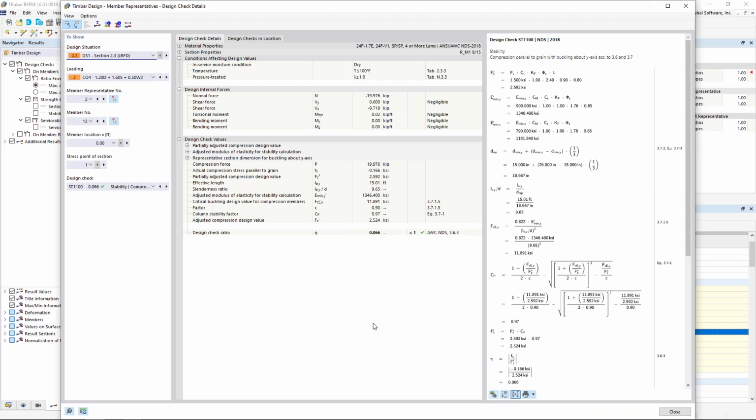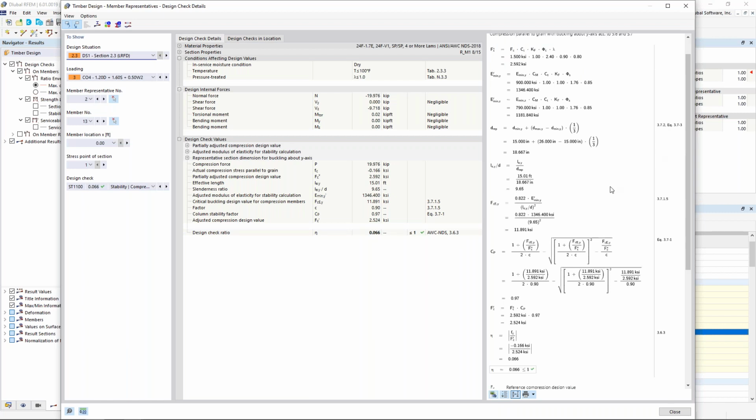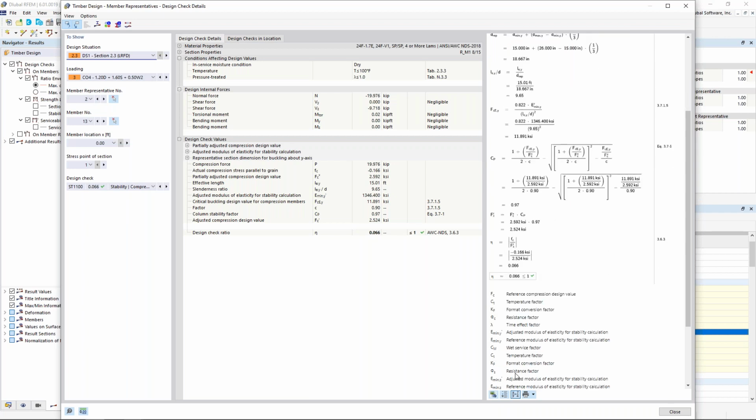We are going to show you all of the equations here and also the code references directly to the NDS standard. All this comes into play to determine eventually what is our design ratio here at the bottom. So incredibly transparent, we can understand where all of those numbers are coming from. We can add this information to our printout report. We can use our drop-down box over here to maybe move to a different section proof here to view the